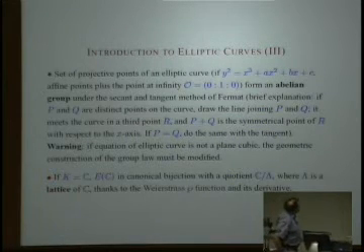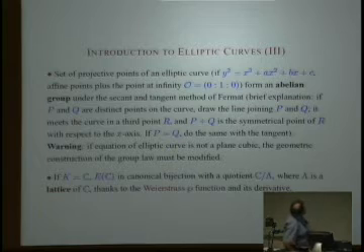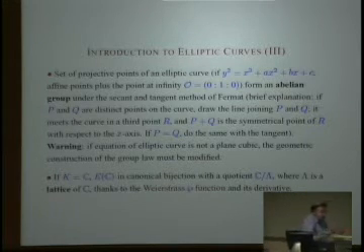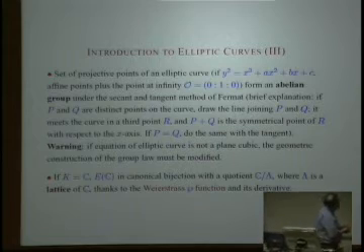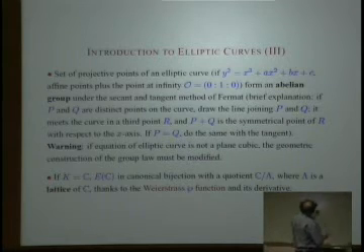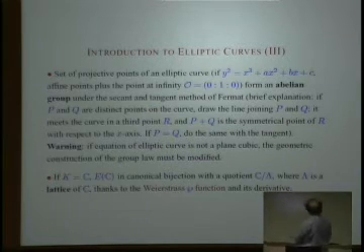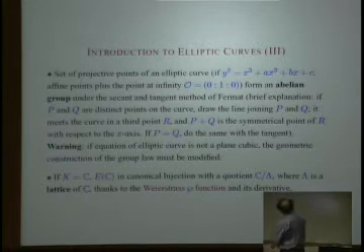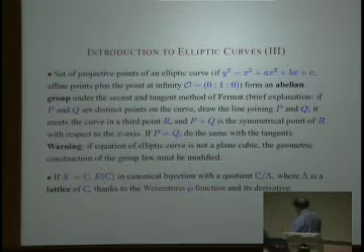So the set of projective points of an elliptic curve given in Weierstrass equation is very simple. It's simply the affine points plus a single point. There is a single non-affine point, which is the point at infinity (0, 1, 0). And this set of points forms an abelian group under the secant and tangent method of Fermat, which, of course,